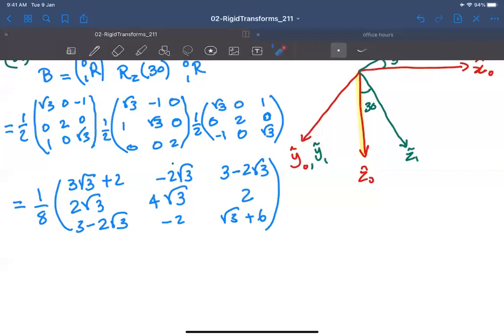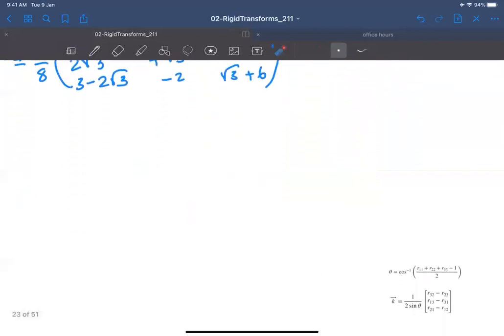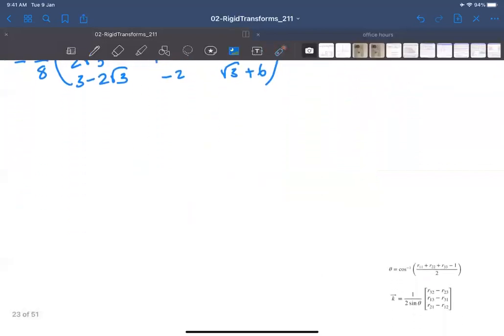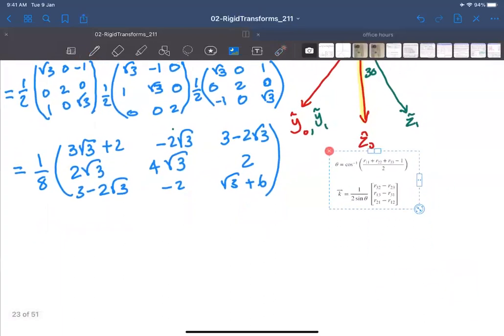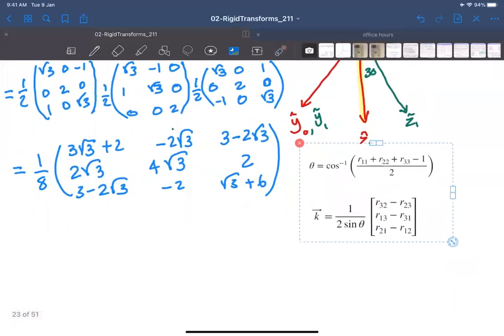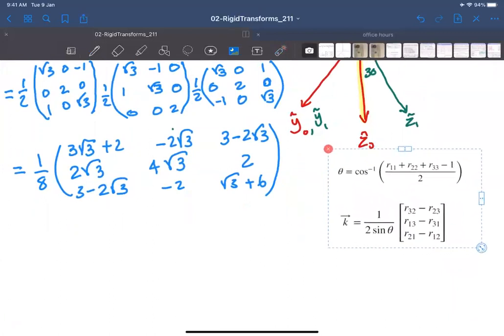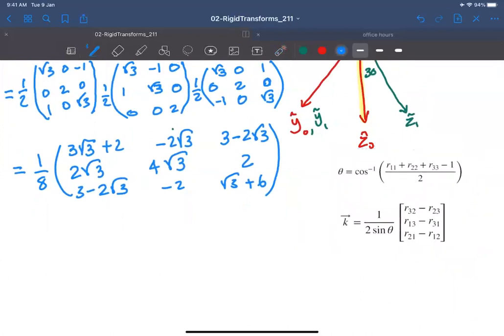of this matrix, and for that I have brought this snapshot of our previous slides, and we'd like to use this formula to find theta and k. So this is part B. Part B is going to be, first of all, we would like to find theta. Theta is nothing but